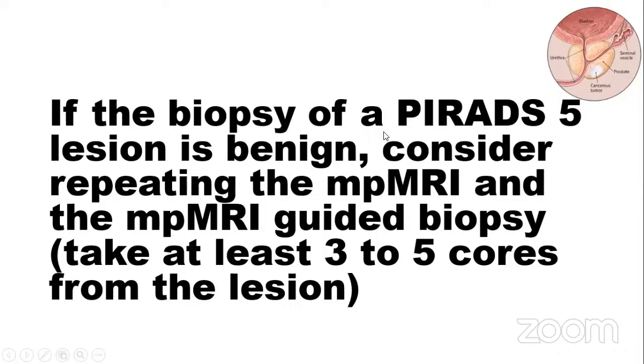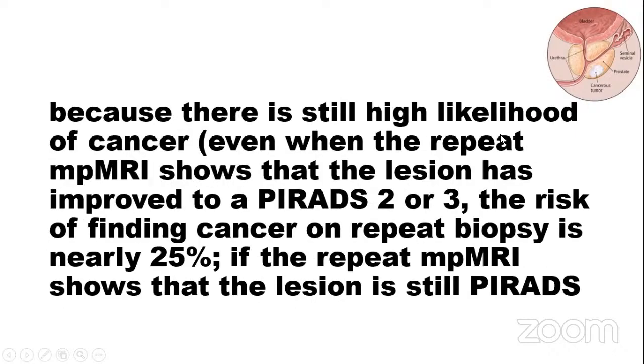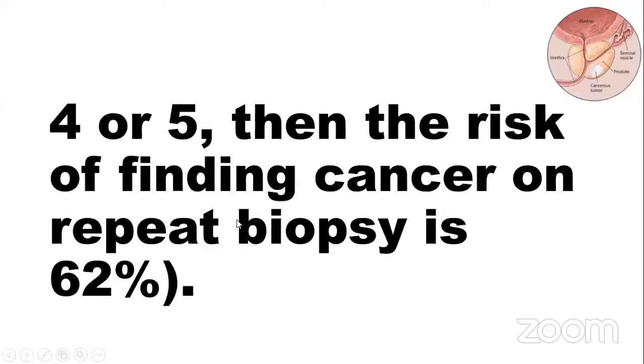If biopsy of a BI-RADS 5 lesion is benign, consider repeating the multiparametric MRI and multiparametric MRI guided biopsy, taking at least 3 to 5 cores from the lesion, because there is still a high likelihood of cancer. Even when the repeat multiparametric MRI shows that the lesion has improved to BI-RADS 2 or 3, the risk of finding cancer on repeat biopsy is nearly 25%. If the repeat multiparametric MRI shows the lesion is still BI-RADS 4 or 5, then the risk of finding cancer on repeat biopsy is